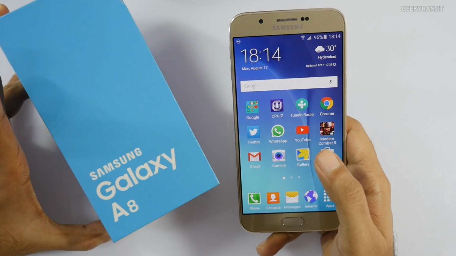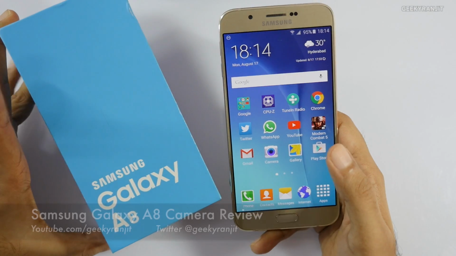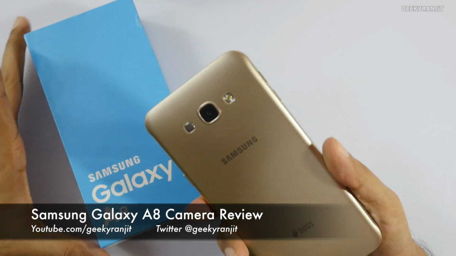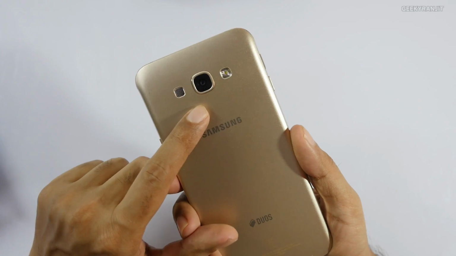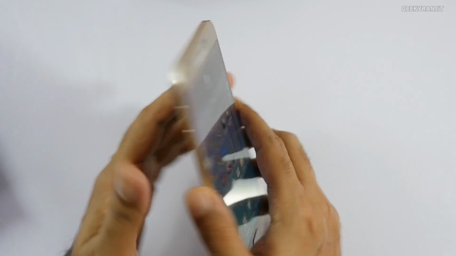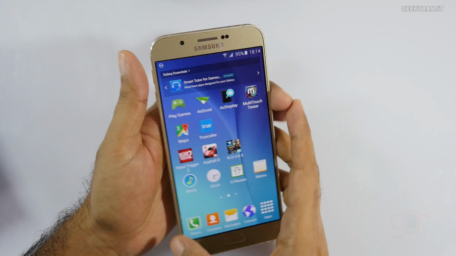Hi there, this is Ranjit and I have the Samsung Galaxy A8, and in this video we'll be looking at the camera performance. This A8 has a 16 megapixel rear facing camera and a 5 megapixel front facing camera, and